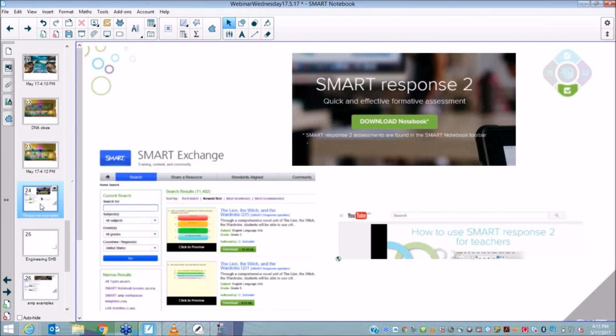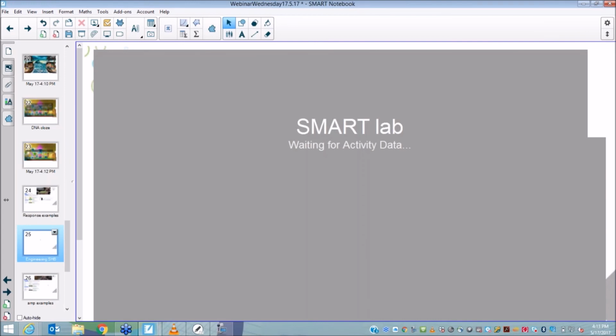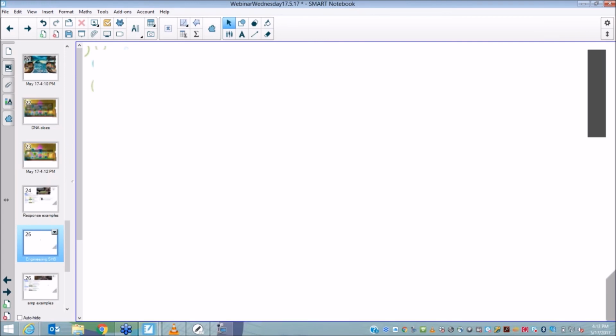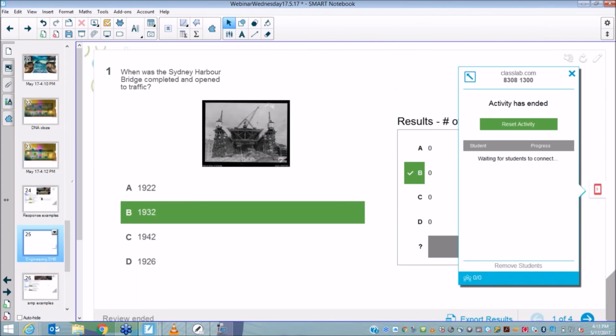So Smart Response is that assessment piece, and using that assessment piece to understand what learning has been taking place in the classroom and make formative and summative assessments. One example we've got here is a little assessment piece on questions on the Sydney Harbour Bridge and engineering the Sydney Harbour Bridge. And what actually happens here is, once again, I can push this assessment to all my students' devices. So I can create the assessment using the